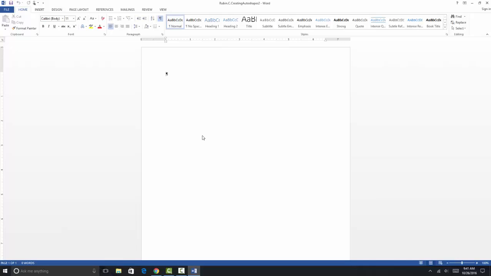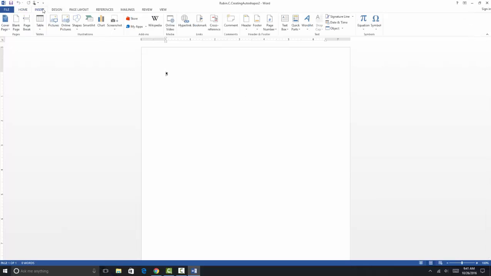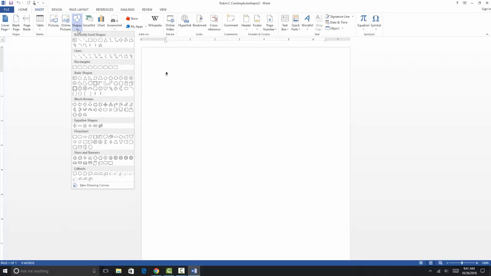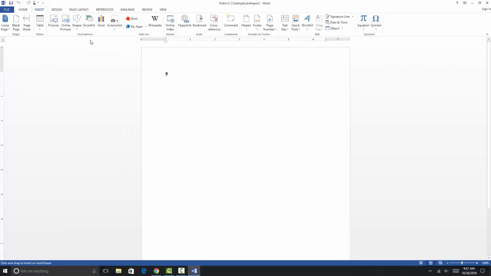This lesson focuses on drawing tools. So the first thing we're going to do is draw. We're going to go to our Insert tab, and we're going to go to Shapes, and you'll see that there's a lot of different shapes that you can choose from. We're going to use the simple rectangle. So if you click the rectangle button,